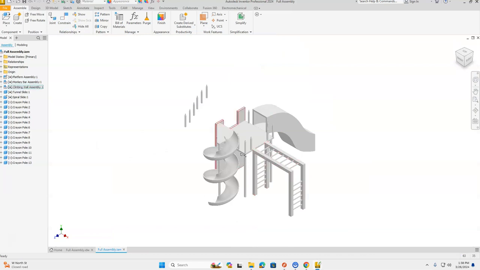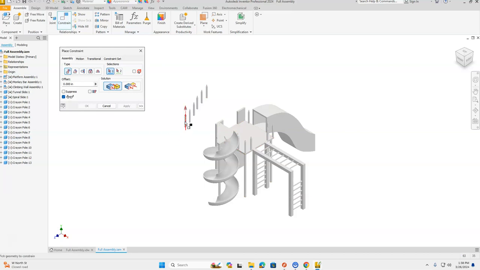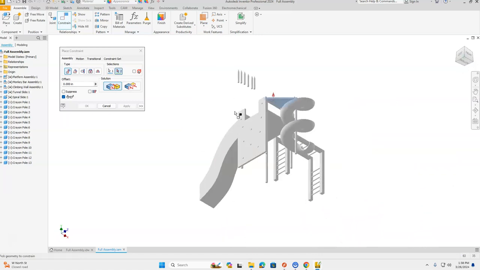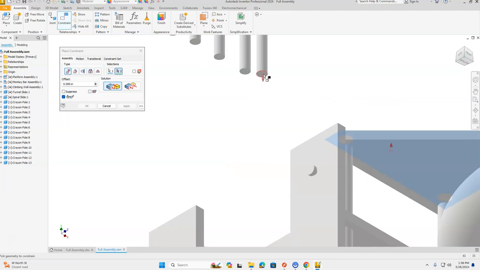Let's see if we have any that are not in there. So we have our 1, 2, 3, 4, 5, 6, 7 of them on there. We also have 6 more to put on this tri-platform. Let's start off with that constraint first and mate the bottom of the crayon poles to the top of the tri-platform. So top of the tri-platform, click that bottom corner in our world view cube, or you could use your free orbit tool. Bottom of the crayon pole,